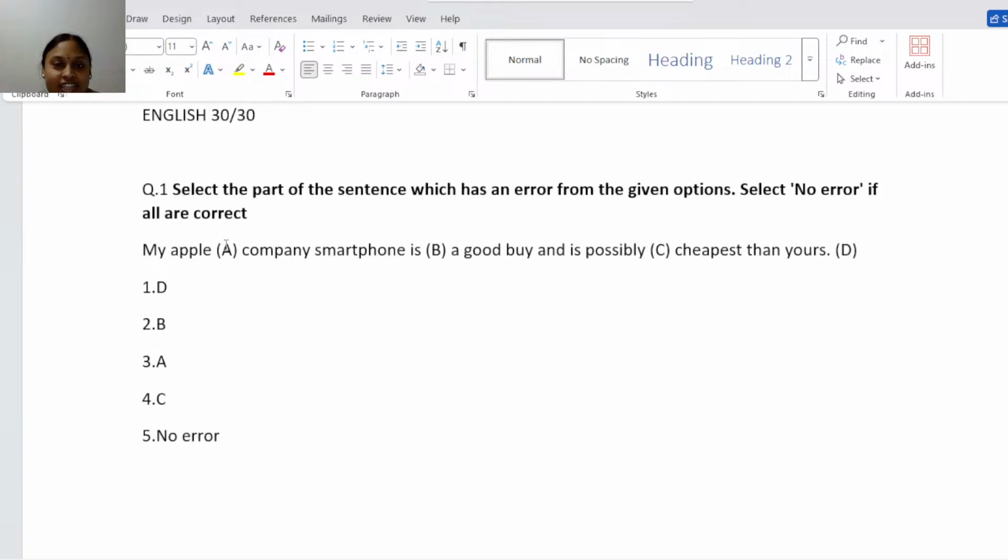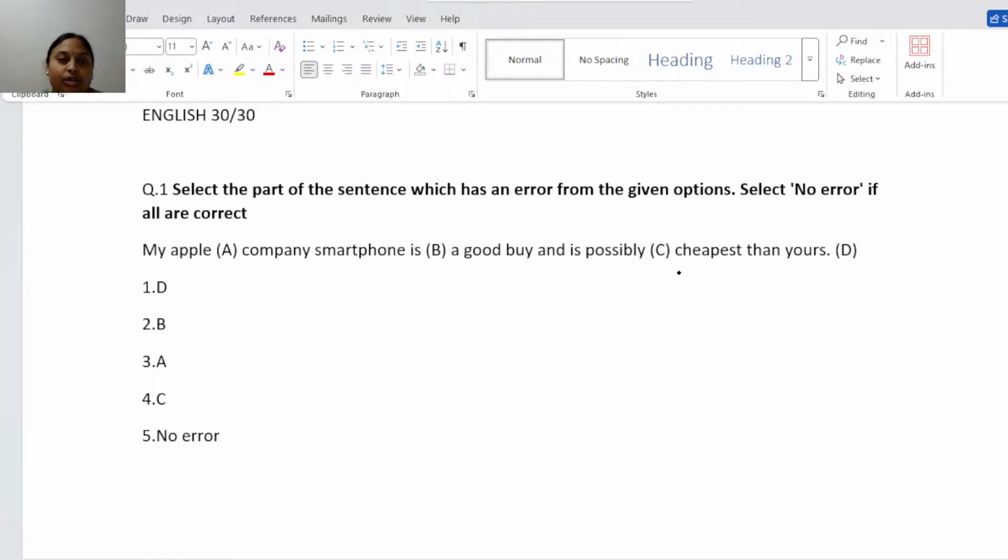Select the part of the sentence which has an error from the given options. Select no error if all are correct. The given sentence is: my Apple company smartphone is a good buy and is possibly cheapest than